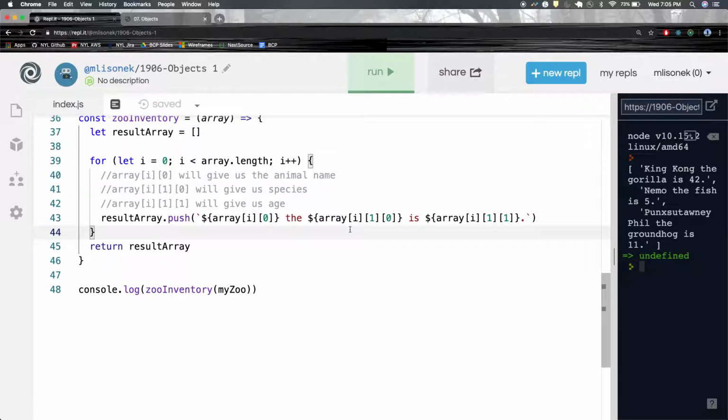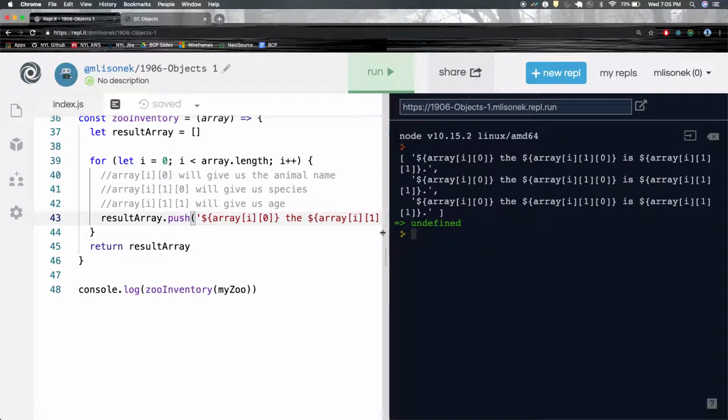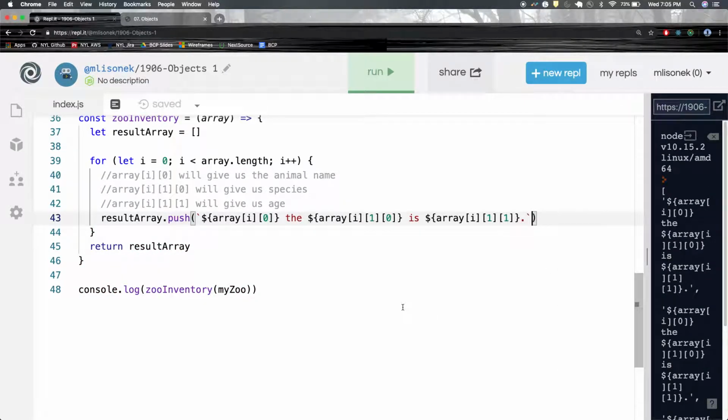If you just made these regular quotes, you get some crazy nonsense, right? It's actually the actual characters that you're writing. But using backticks,